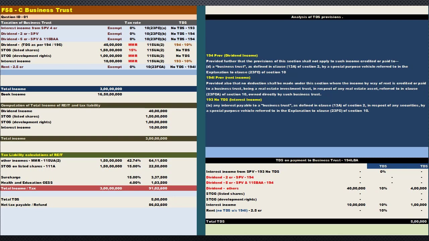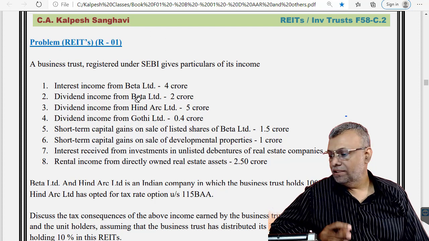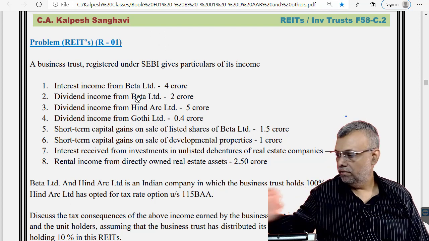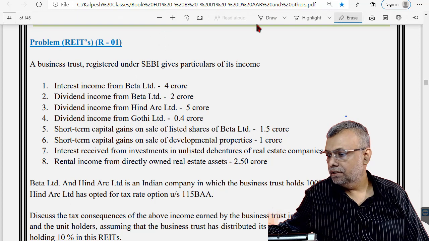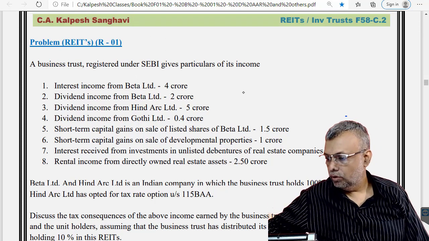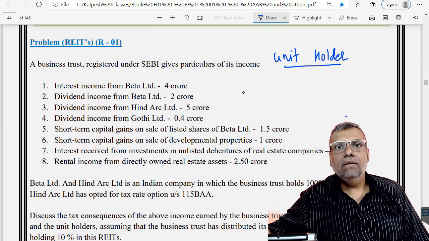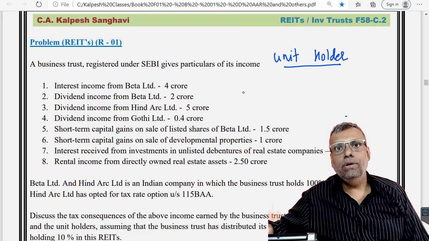Now friends, let us do the discussion with respect to the unit holder, and you will have to pay a little bit of extra attention, friends. Now, very important, one of the points as a matter of interpretation is going to come. Now see, first of all, when it comes to a unit holder, whatever is exempt under 10(23FC) or 10(23FCA) will become taxable in the hands of the unit holder.